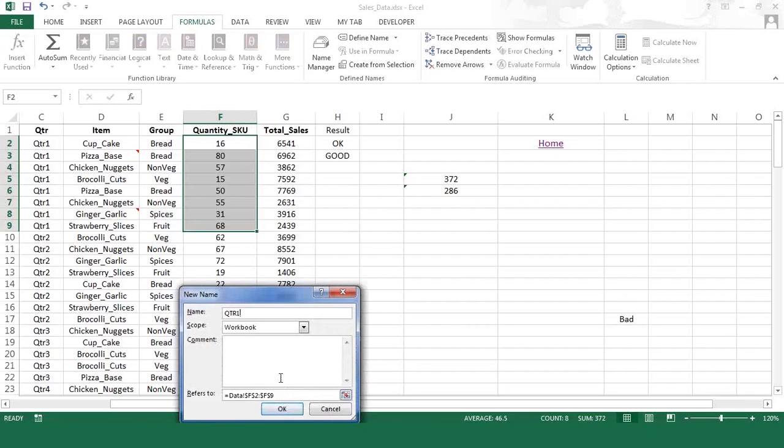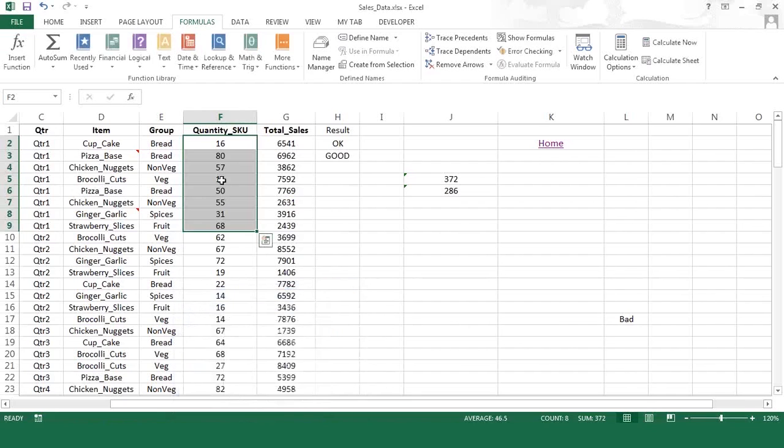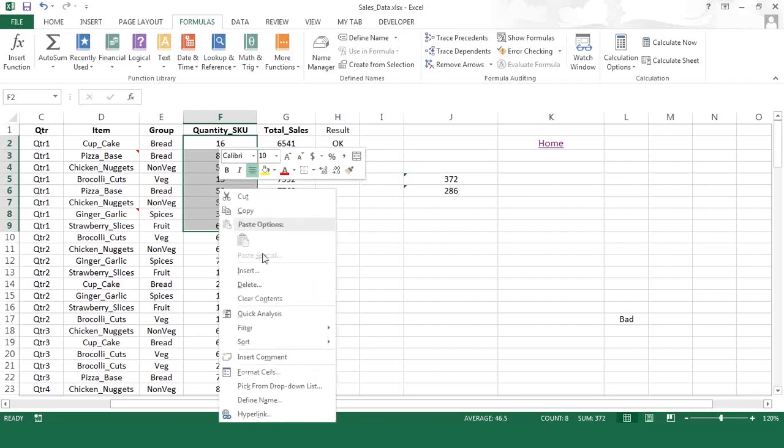Let me explain it once again if you have not noticed it. I want this data, my first quarter data, to be named as an object so that I can use it anywhere. So I have selected all these, and then just right click and go